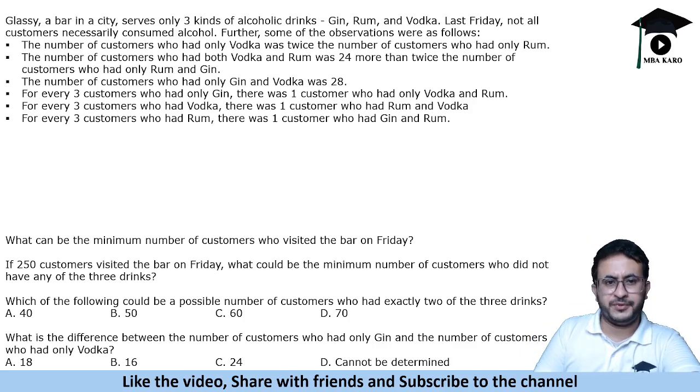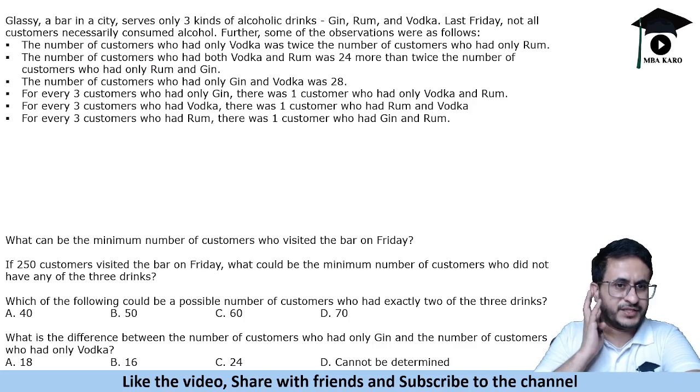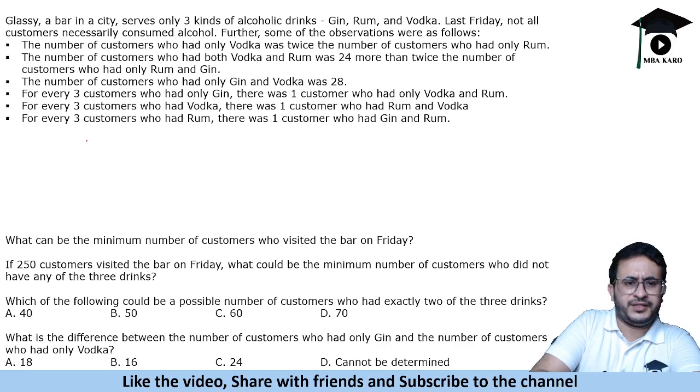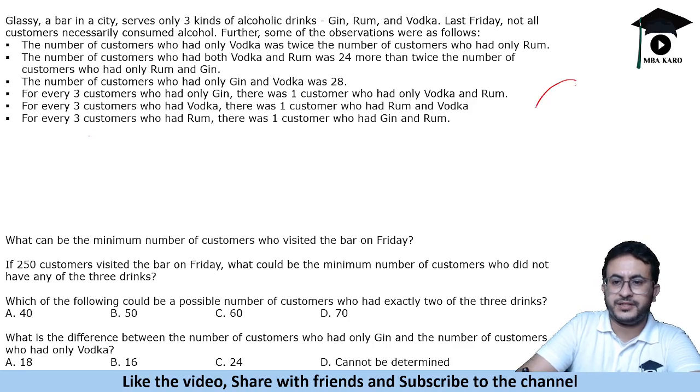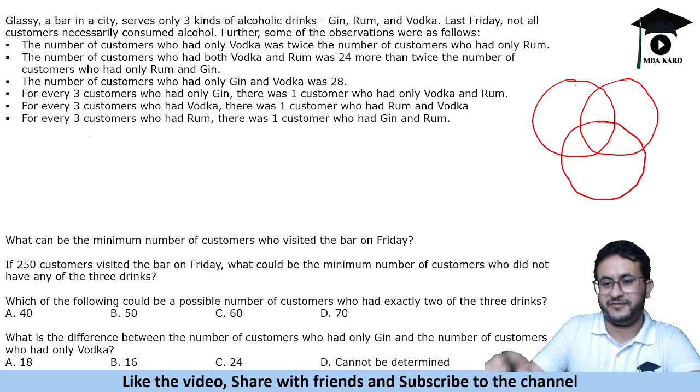And among the people who consumed alcohol, this is the information which is given to us, right? So we will make 3 sets here. Let's make the Venn diagrams here. And this is a tough one, so I hope the ones who paused the video and tried to solve it must have taken